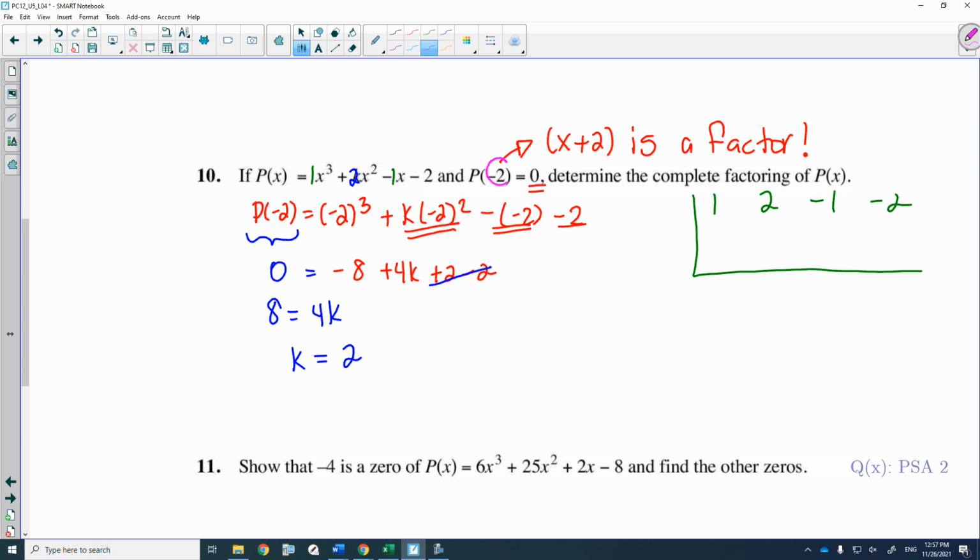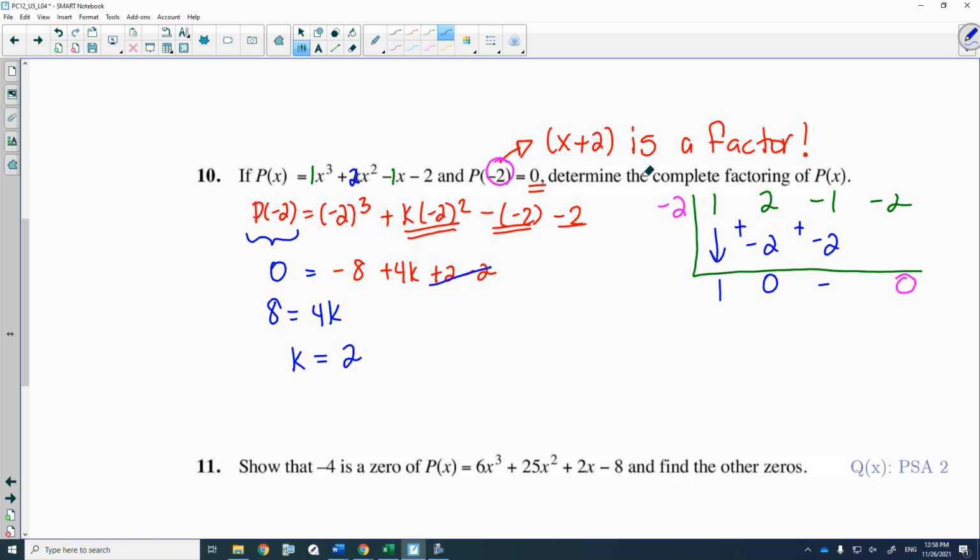I know that when the root is -2, the remainder is 0. So let's show that. Drop the first term and multiply. Add and you get 0. Multiply and you get -2. Add and you get